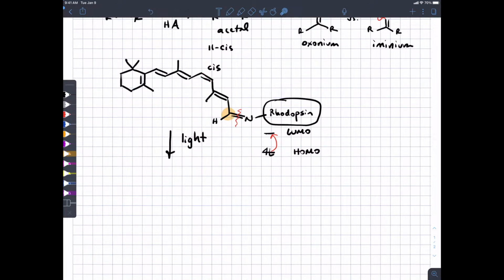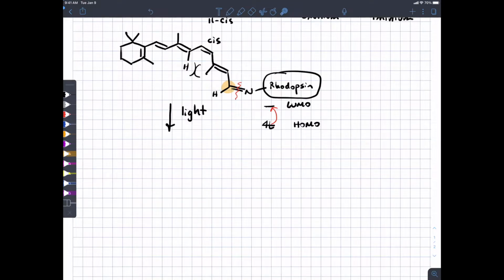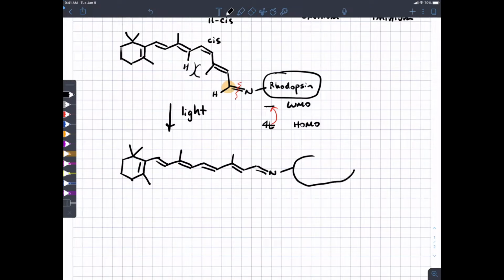We won't worry about the numbering scheme. But of course, you know that cis configurations have problems with steric strain. So when we absorb light and weaken one of these conjugated bonds, that allows the molecule to change its shape to isomerize to the trans stereoisomer. And that may look to you at this point like no big deal, who cares? But it turns out that